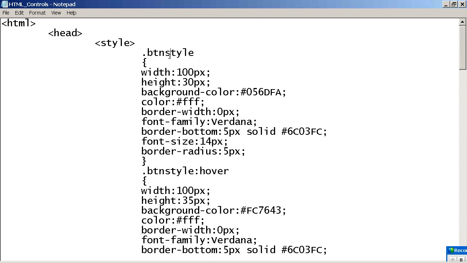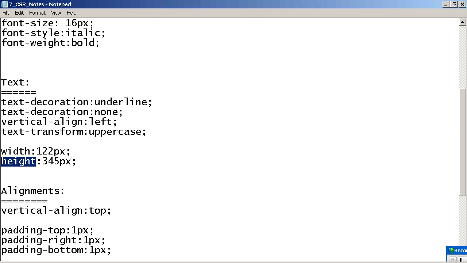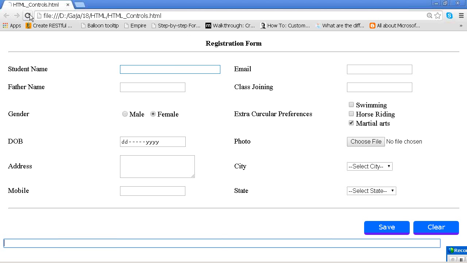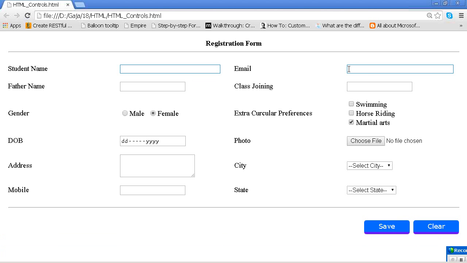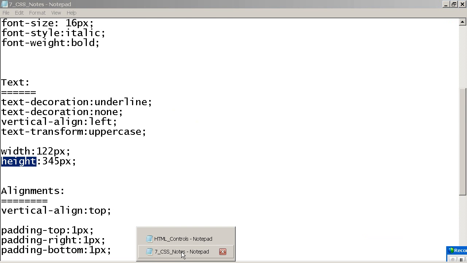your own style? If you are writing a style, then how do you use it? Like that you need to write it every time, and for every control you should give an external class. Imagine there are 100 text boxes in a government application form. Then I would have to write class equal to the class for each and every control. No, right? In such a situation, we have another way to apply the style.